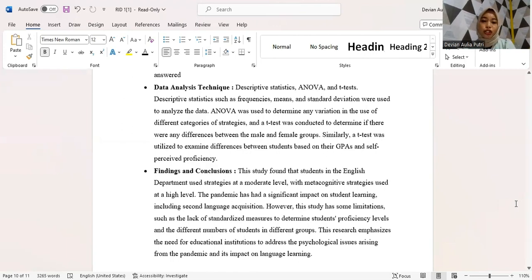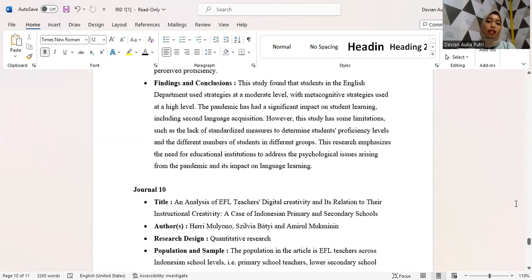Findings and conclusion. This study found that students in the English department use strategies at a moderate level, with metacognitive strategies used at a high level. The pandemic has had a significant impact on student learning, including second language acquisition. However, this study has some